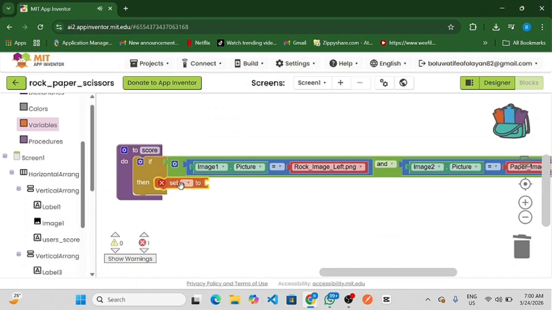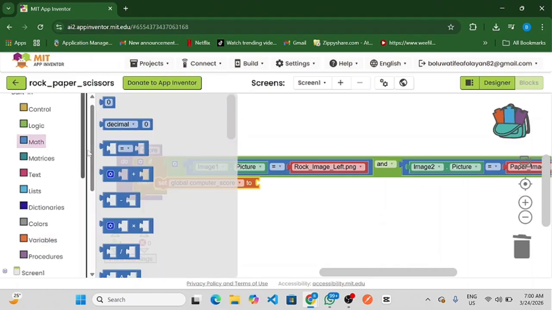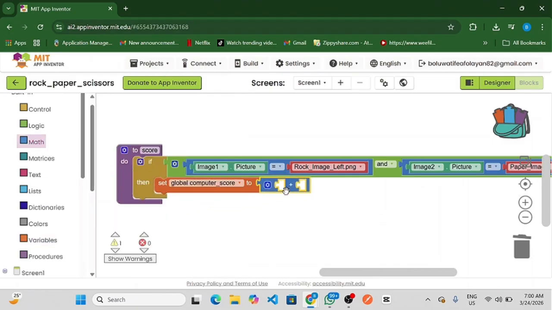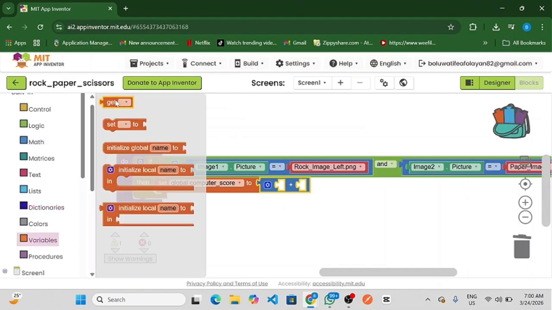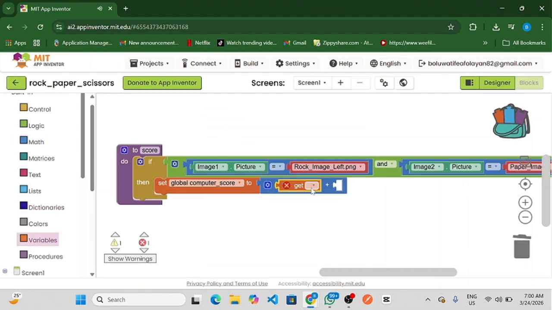So we set global computer score to, come to maths, then we click the plus sign. And get computer score, come to math, plus 1. Now what this block of code is just saying is, whenever